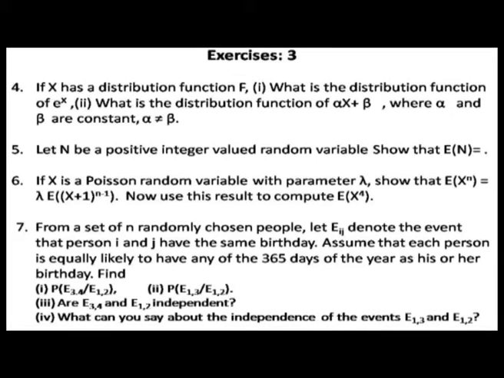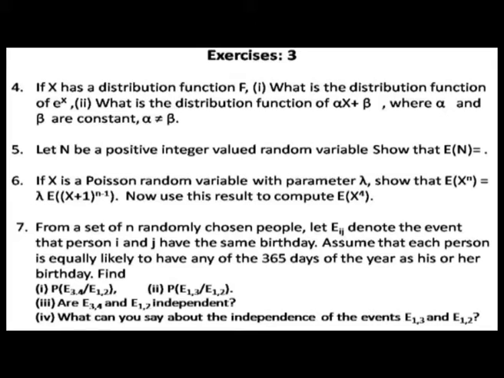If x has a distribution function f, what is the distribution function of e raised to x? You have to find that out, again applying the definition. What is the distribution function of alpha x plus beta, where alpha and beta are constants, alpha not equal to beta? Then question 5: let n be a positive integer valued random variable, show that the expected value of n